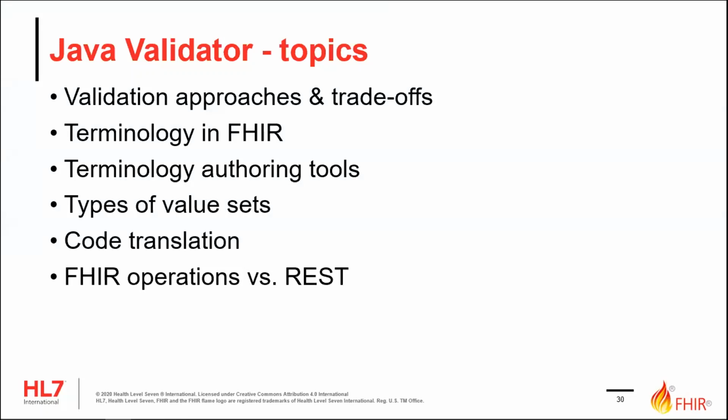So I want to talk with you a little bit about some of the different approaches to validating instances in FHIR, because there are more than one way of doing that and what the different capabilities are within that. We're also going to drill into terminology, because terminology plays a pretty significant role in validation and is one of the harder things to do in validation. And then we're going to take a little bit of a side trail to talk about FHIR operations, because we actually make use of FHIR operations when we're doing a number of terminology things. So let's start